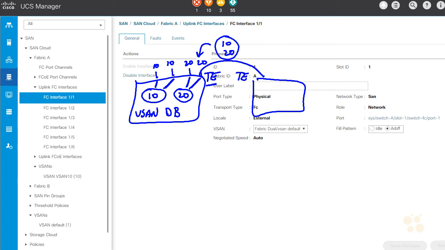And so when we look at it from that perspective, this vSAN has to be the same on both sides, which means I have to configure vSAN 20 in the database on the right, and I have to place that interface into vSAN 20. If these two vSANs don't match on both ends of the link, this link will not come up. It will stay in a shutdown state, and we obviously don't want that. But the two key pieces of information here: